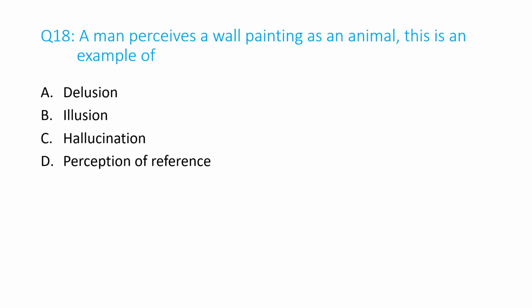Question number 18. A man perceives a wall painting as an animal. This is an example of A. Delusion, B. Illusion, C. Hallucination, D. Idea of reference. And the answer is